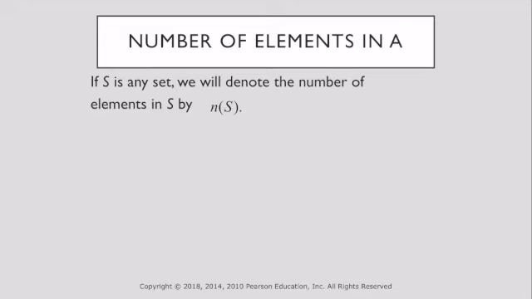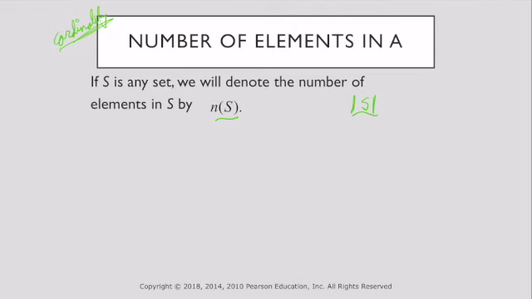So if S is any set, we will denote the number of elements in S by N of S. Sometimes you'll also see this if you're looking at another text or taking another course. You might sometimes see this as bar S. And you can also call this the cardinality. I know we've got lots of fancy words in math. So the number of elements in a set can be denoted like this or with bars, and we could also